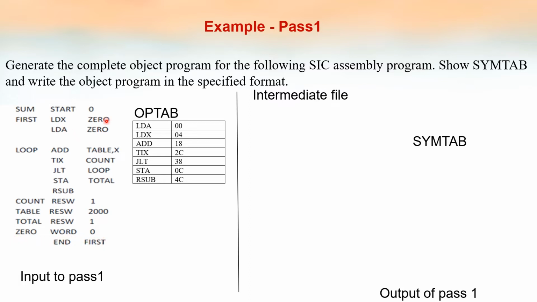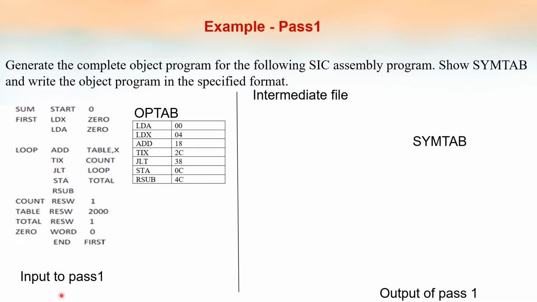So in this stage, the assembler cannot convert the value 0 to the machine code. So first it has to reach here. Then only it knows the value 0 and then it can write. So the assembler requires 2 scans: first scan or first pass, and after that a second pass. In the first pass, it will identify the symbols and their values, and in the second pass the actual conversion is done.